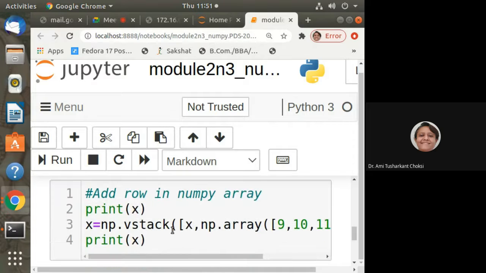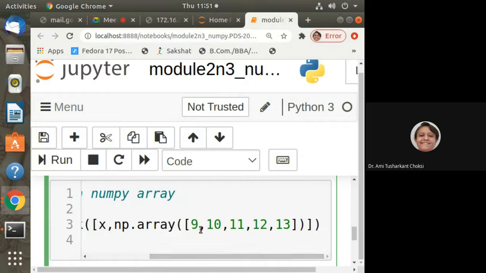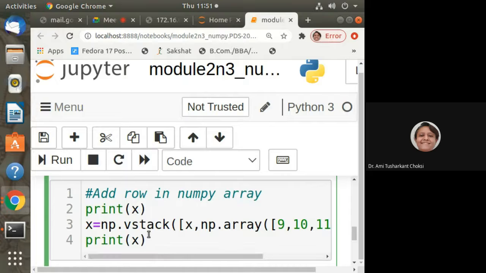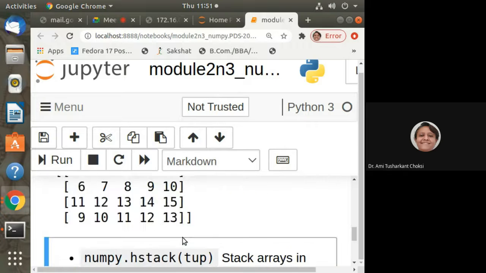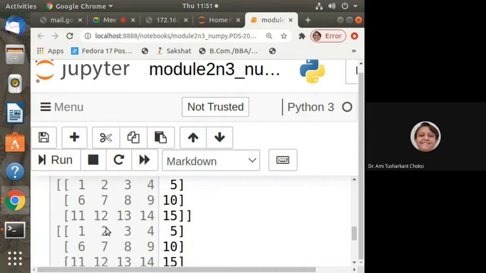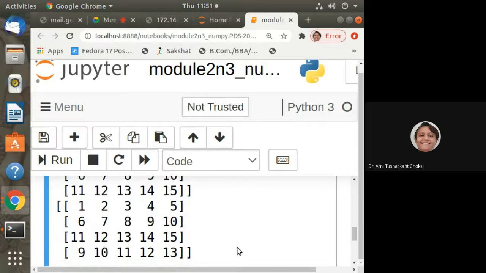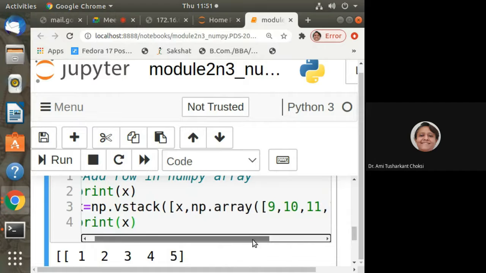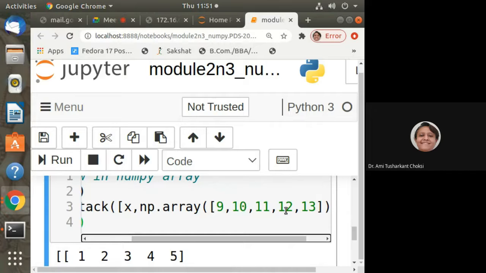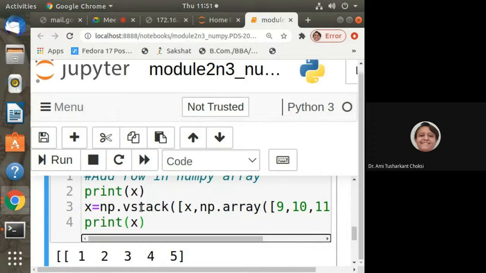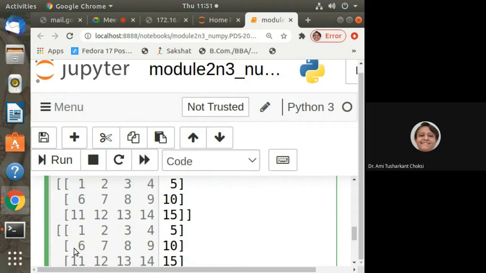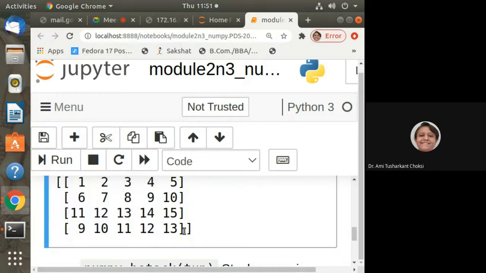That is, the function is used to stack arrays in sequence vertically, row wise. We have that. Say we are having X. Here will it work? 1, 2, 3, 4, 5. Okay. Let us see what is X. X is 1, 2, 3, 4, 5 to 15. Now what we are doing is we are specifying 9, 10, 11, 12, 13 for vstack. So what it will do is it will add that as the next row. Vertically it will add, right?